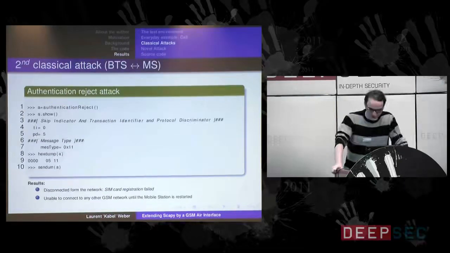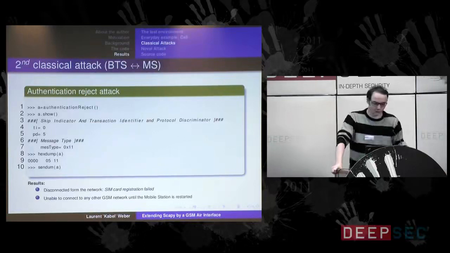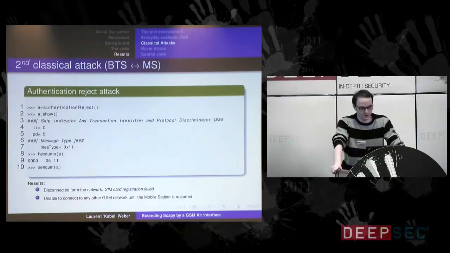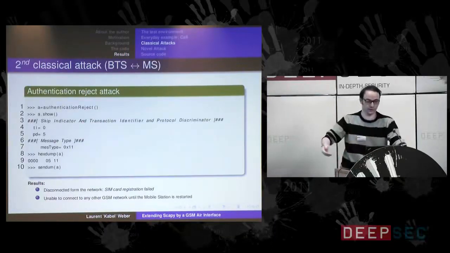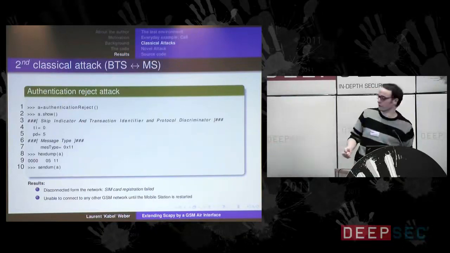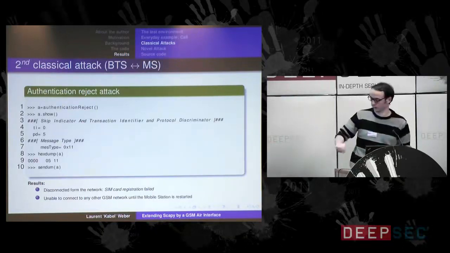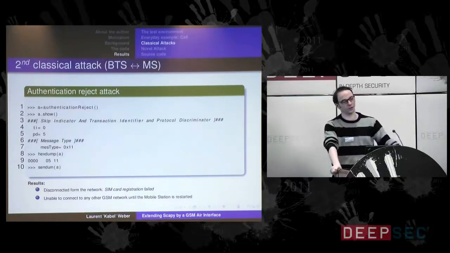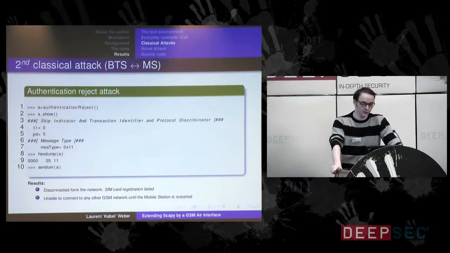Yes, and now second attack. Well, I called it attack. Well, it's something I found in the specifications. It's simply an authentication reject message. When you send this one, the user gets disconnected from the network. He has an inscription on his display that says SIM card registration failed, and he's unable to connect to this or to any other GSM network until he's restarting his mobile phone. This also could be very annoying